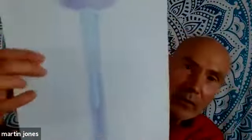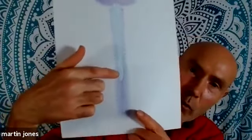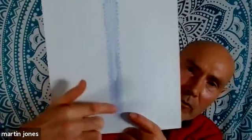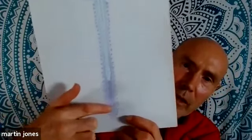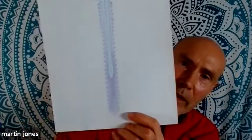Inside this, you see you've got the spine finishing there, and then all of these nerves traveling down inside the dura. Inside the dura, they're full of cranial fluid. They're full of cranial sea. And when they come out, there's nothing to stop that cranial sea coming out. But in the anatomy books and in science, they say no, it doesn't flow out. And in a way, they're right, because of the way they've described it, if they describe it as cranial fluid traveling down the outside, by naming it that,